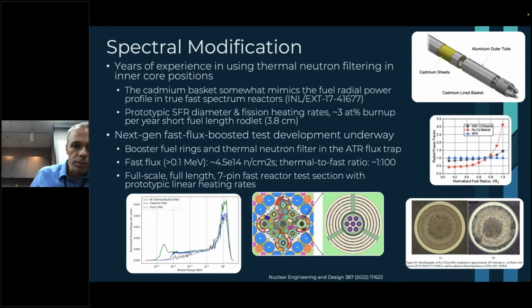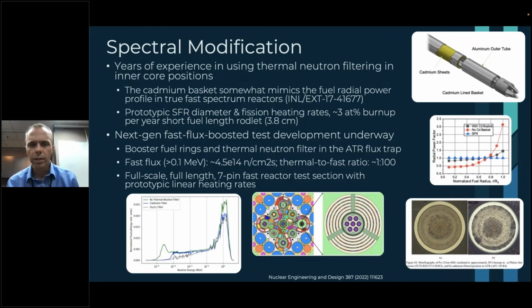Our tried and true method that we've done a lot and has been very successful is just to use the previously mentioned cadmium baskets. So we put cadmium foil inside of an irradiation basket and put capsules inside of that. This significantly reduces the thermal flux and does a lot to help flatten the radial power profile in a fuel specimen that might be intended for development in, for example, a sodium fast reactor. We've had good success with this,